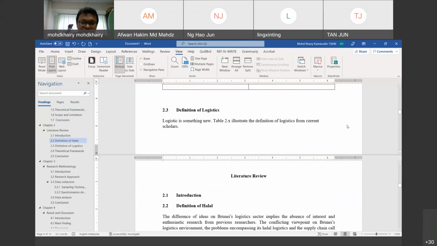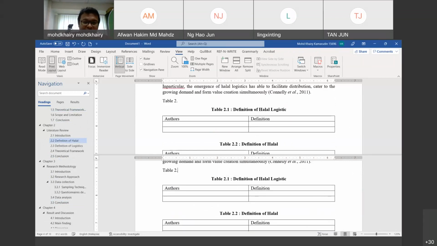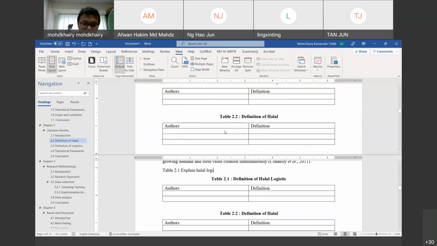Okay, table 2. Table 2.1, explain halal logistic. Maybe there are a lot of numbers here. So you can